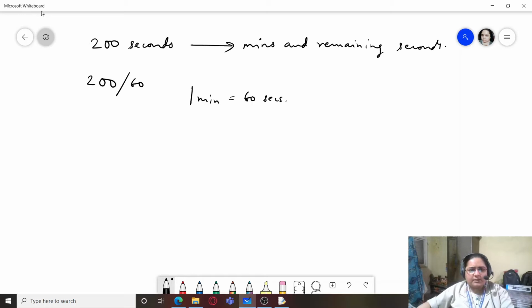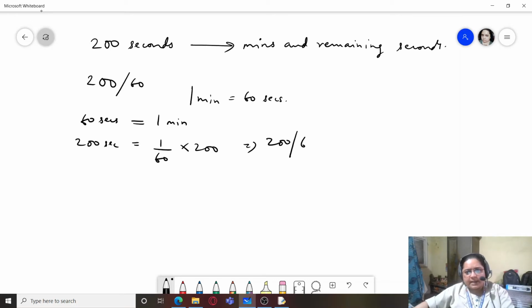I am just writing it the wrong way, so let me reverse it: 60 seconds equals 1 minute. We can write 200 seconds equals 1 by 60 into 200, which is 200 divided by 60.